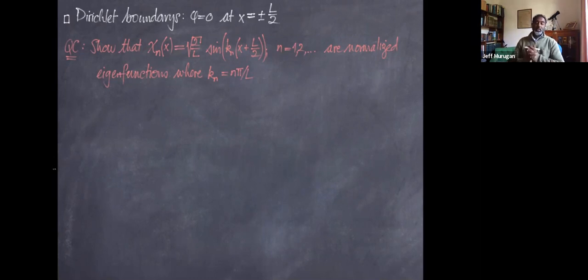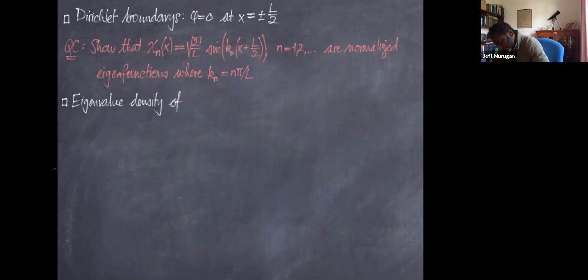In other words, the kn's in this case are half as much as with the periodic boundaries that we found. So if I impose Dirichlet boundary conditions, the values that the kn's can take are a factor of 2 different from what we got with periodic boundary conditions. But in this case, I will find that the eigenvalue density of states can be written as